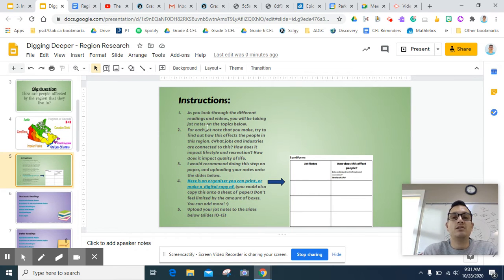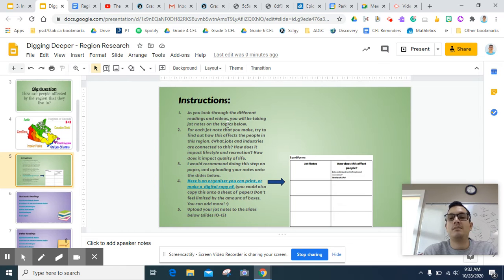And so as you're doing these jot notes, I would recommend doing this step on paper and then uploading your notes to the slides below. I always find that when I do this in class, students are generally more effective at taking jot notes from research when they do it on a sheet of paper as opposed to just typing it digitally.